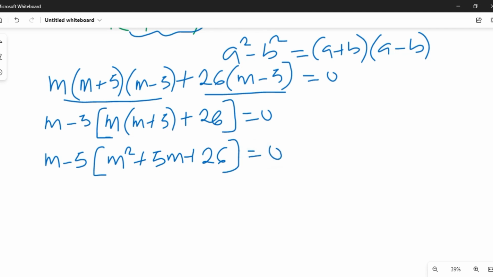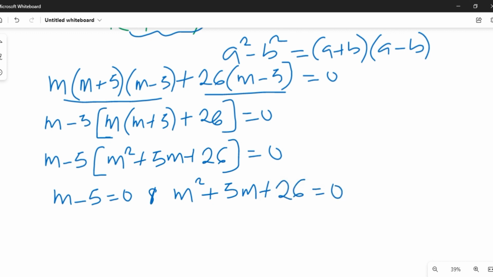So we'll have two definite equations, m minus 5 equal to 0 and m square plus 5m plus 26 equal to 0. So from here we can see that our m is equal to 5, and our